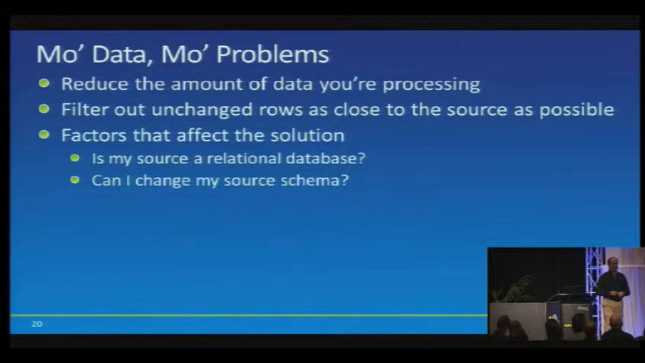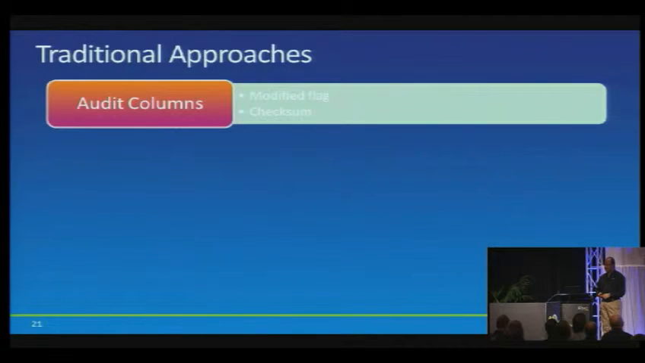A couple of factors can affect this very important solution, how you can minimize the data you process. Is my source a relational database? That, of course, is much easier, because if it's a flat file, it's more complex. And can I change my source schema? Can I introduce some new columns that will help me get this delta data more easily in the system? So, some of the traditional approaches: